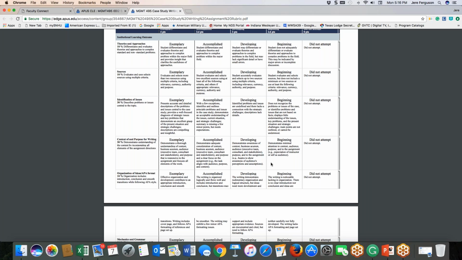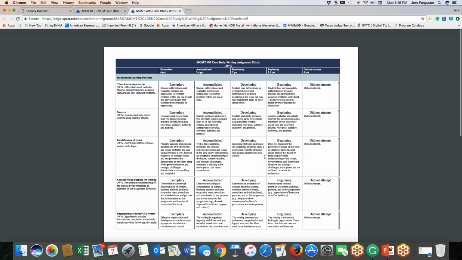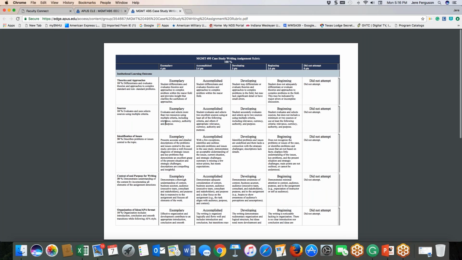And also make sure that you do use references. Keep in mind that in order to use a reference in APA and get credit for those references, because you're required to have a minimum of, I believe it's 2 each week, you have to put an APA reference in, and it has to be cited within the body of the paper.